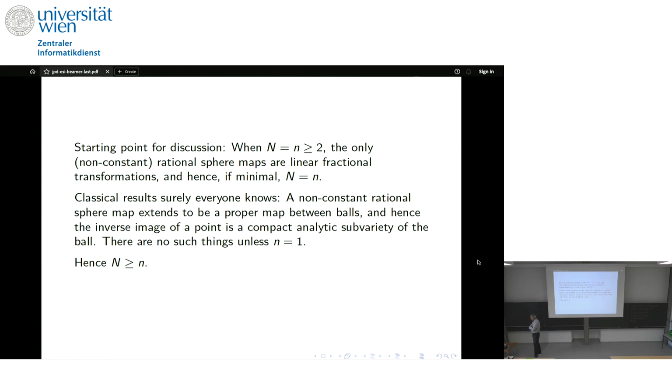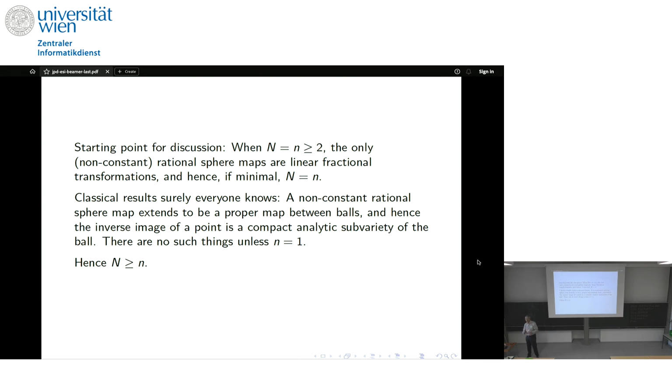When capital N equals little n is greater than or equal to 2, the only rational sphere maps are linear fractional transformations. So they're minimal if the target dimension has to be the same as the source dimension. Another result is if you have a non-constant rational sphere map, it extends to be a proper holomorphic mapping